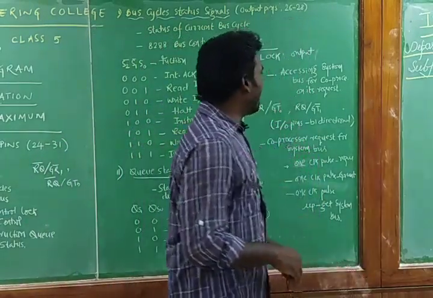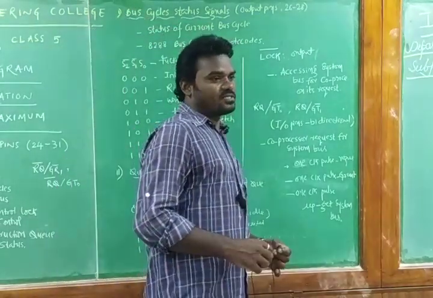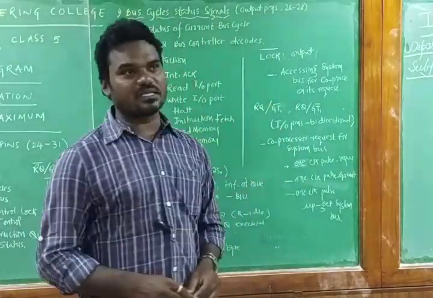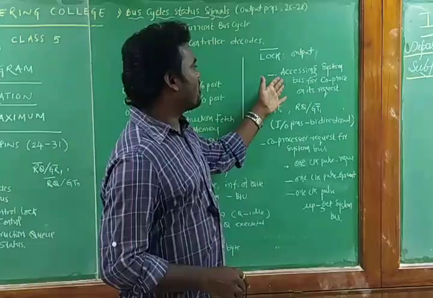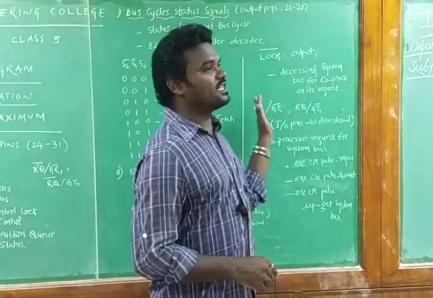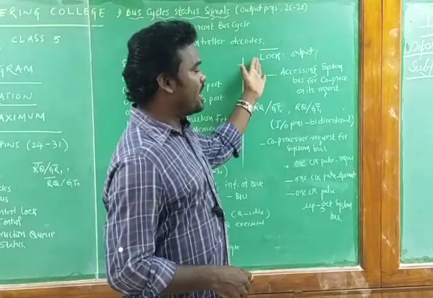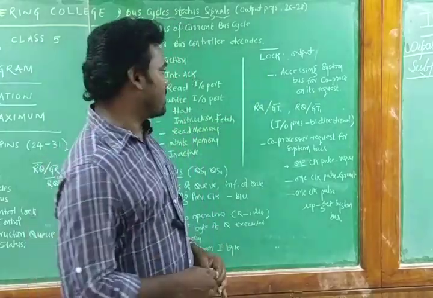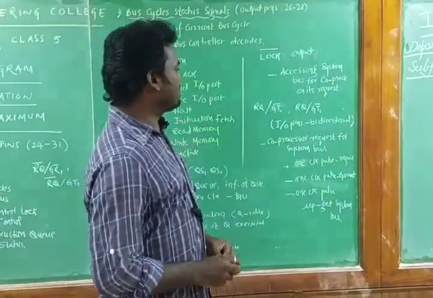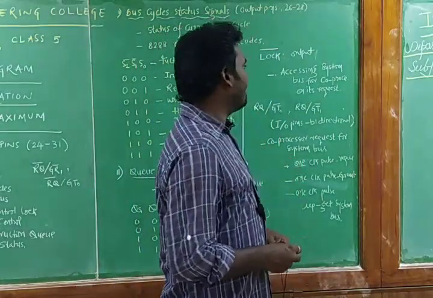The next one is a clock signal, that is an active low signal. It is an input for the processor. When we are using multiprocessors in the system, whenever the 8086 microprocessor gets an active low signal at this pin, it is going to share the system bus with the coprocessor like 8087. Whenever this signal is active high, that is plus 5 volts or logic 1, the system bus is not shared with the coprocessor, so on the request of the coprocessor, the system bus is going to be shared by the processor.